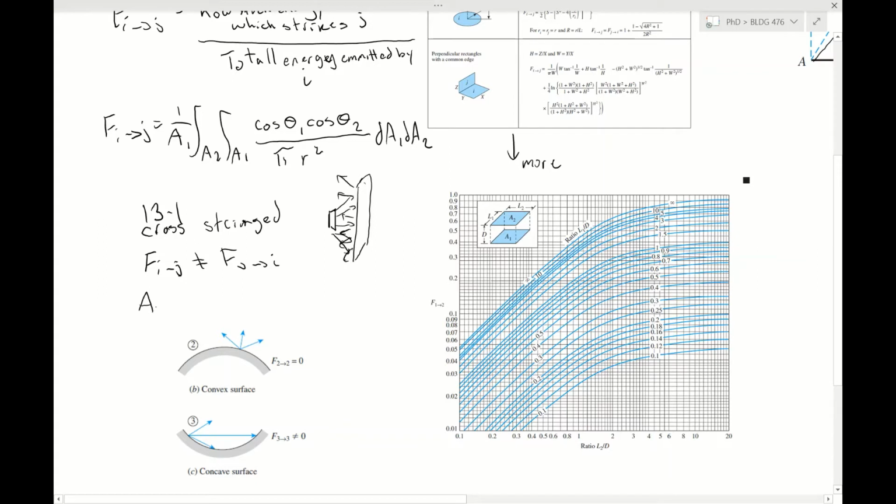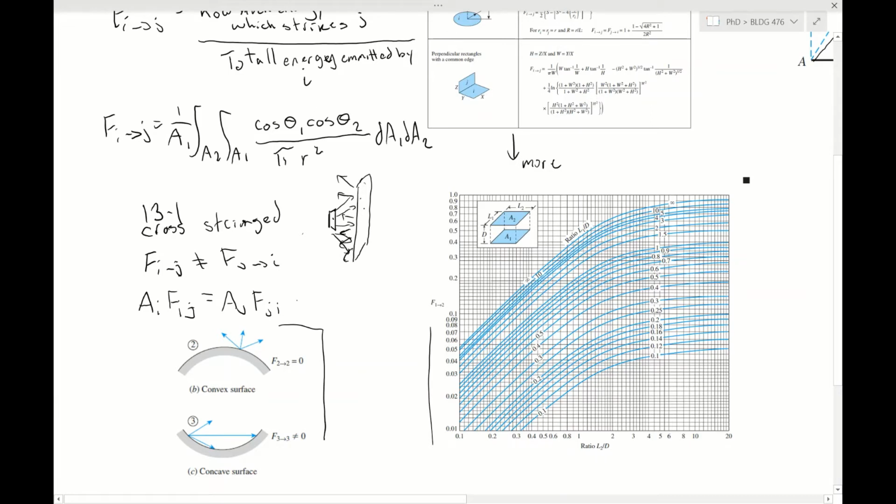But there is a relationship. So if you have one of the factors, you can find the other one. So A_i F_ij is equal to A_j F_ji. So if you have your view factor from the small to the big, you can use this area ratio to find from the big to the small. And the second one that's important, and I'm running a little bit out of room, so we'll just kind of go over here,